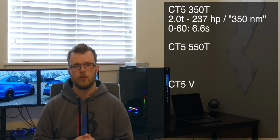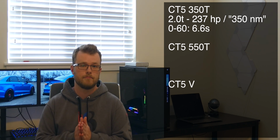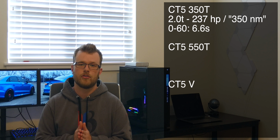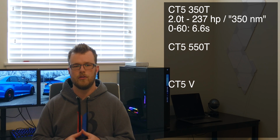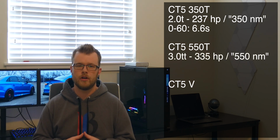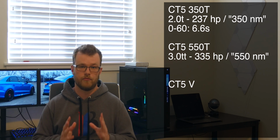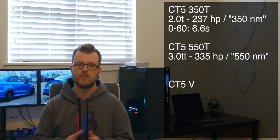Ouch. So if you want a faster CT5, the 550T might be for you then, right? 550 newton meters of torque sounds like a lot, right? And actually, it is pretty good. The 550T trim receives the new twin-turbocharged V6 engine that cranks out a respectable 335 horsepower and a very significant 405 pound-feet of torque that kicks in just at 2400 RPM,